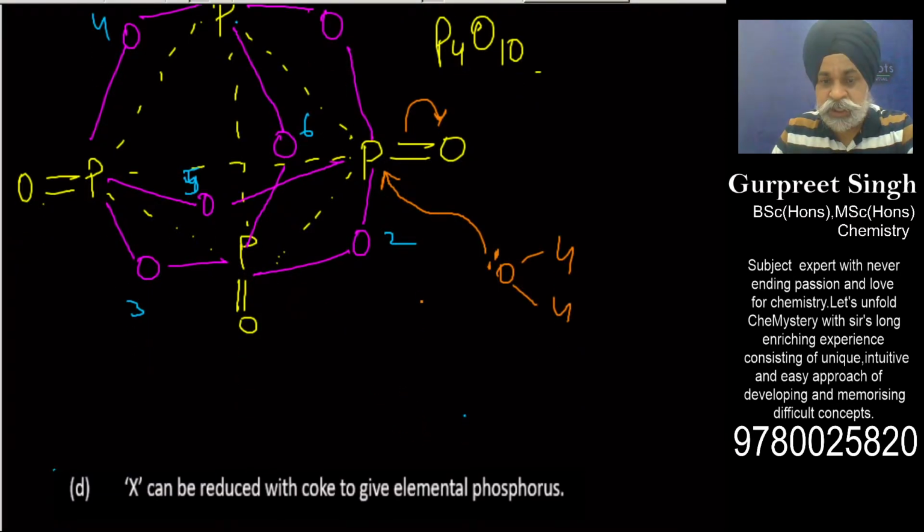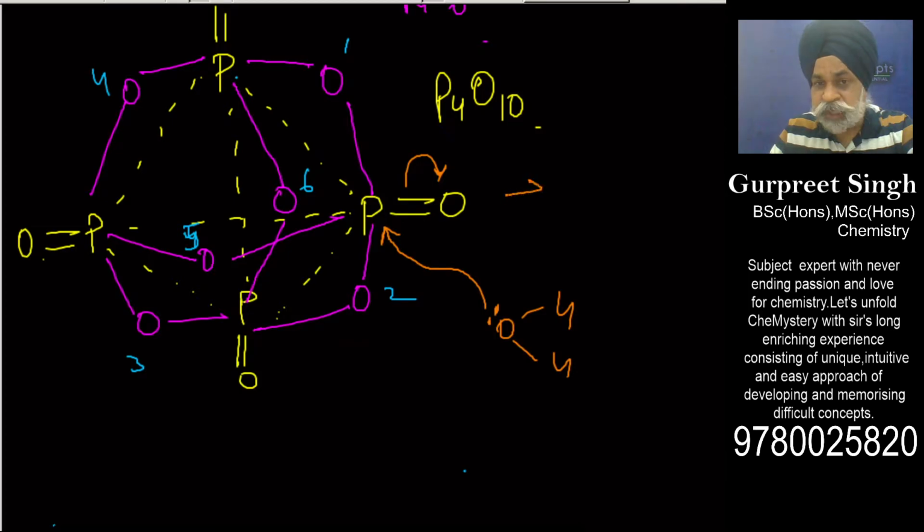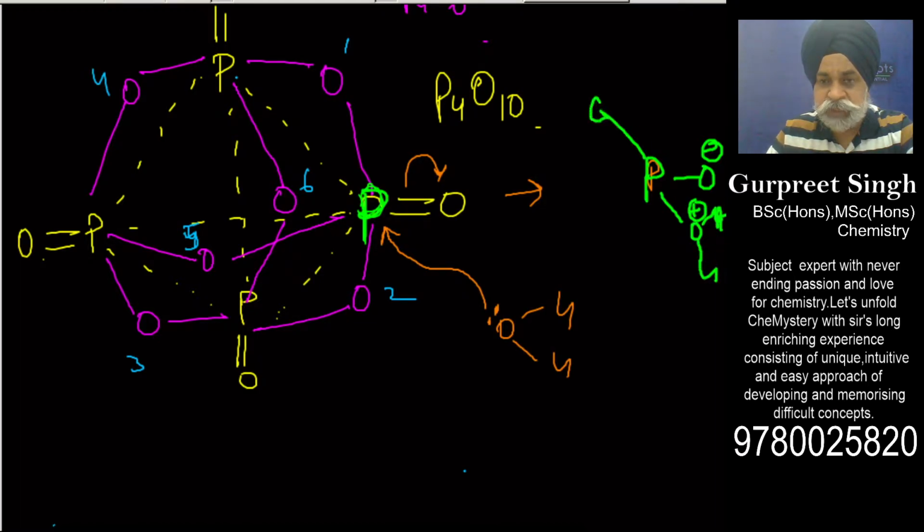So if I draw the mechanistic viewpoint here, this P which I am referring to with the green marker now would become negative. Here you would get OH, and this would become positive, and it is attached here with oxygen, oxygen, oxygen. Now this you have to do it yourself. This comes here, this opens up.